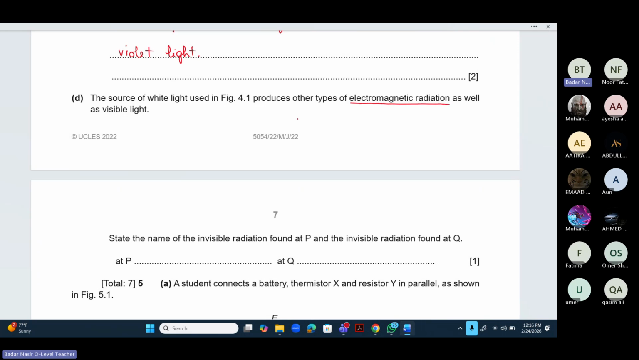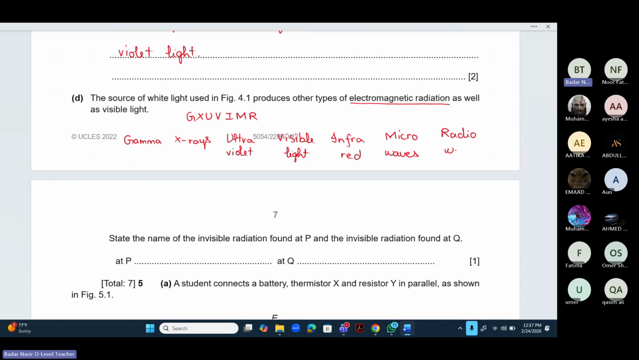कौन कौन सी थी, जी एक्स यू वी आई एम आर, जी एक्स यू वी आई एम आर, गामा, एक्स-रेज, ultraviolet, visible light, infrared, microwaves, and last में we have radio waves। अब देखो ये जो तीन टाइप होती है ना, ये तीनों इकट्ठे इमिट